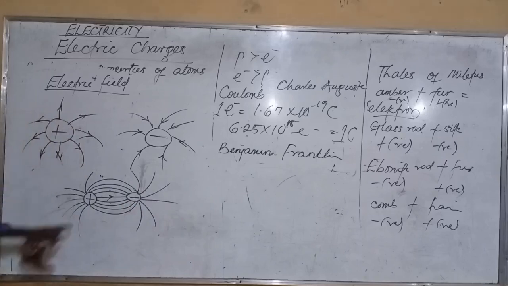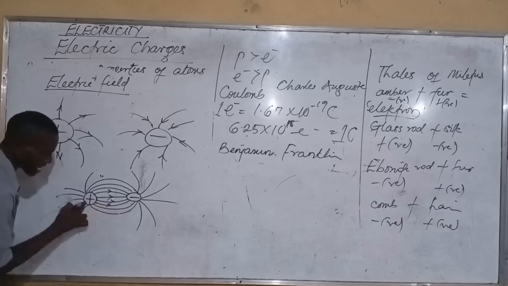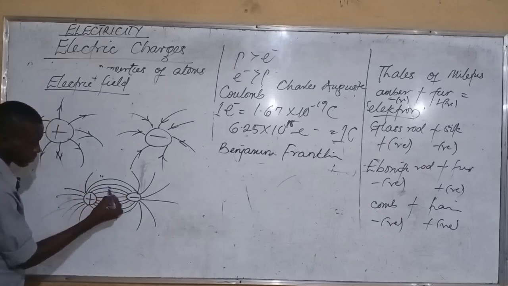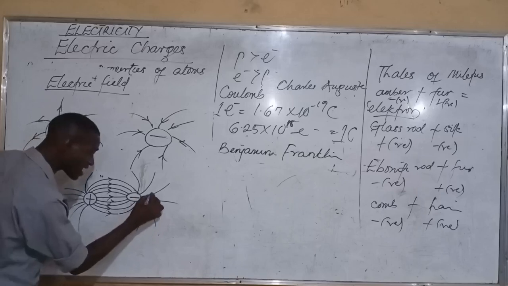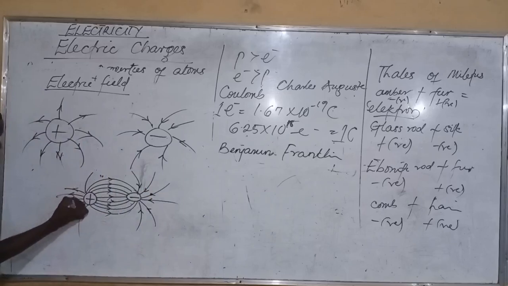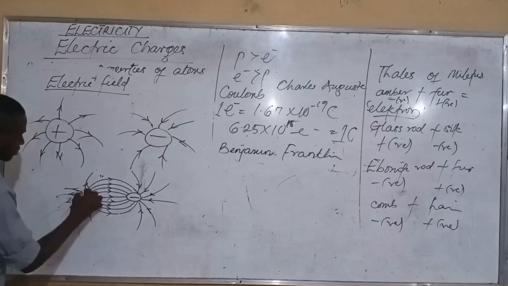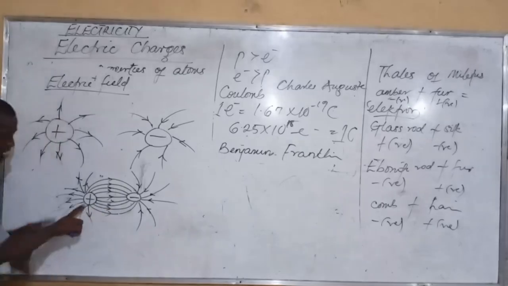All right. So what you will notice here is that the field is always going outside from positive, and since it's going inside at negative, it will look like it's going from positive to negative. That's the way you should understand it. When you are drawing negative, your line must go inside, the arrows must point inside. But when you draw it on the positive, it must point away from that positive. All right. So if it's pointing away from positive and always pointing towards the negative, definitely when you bring them